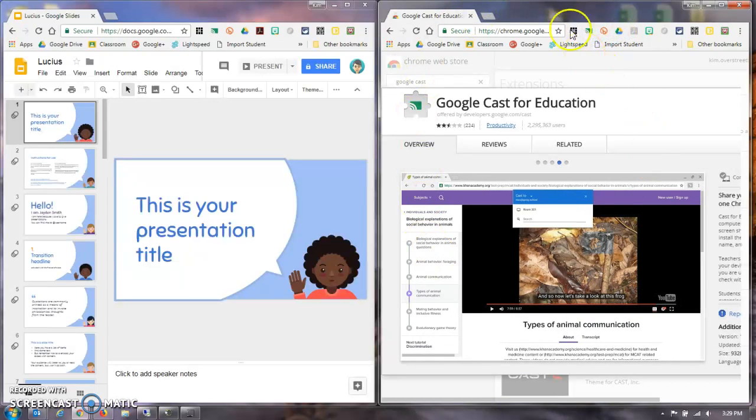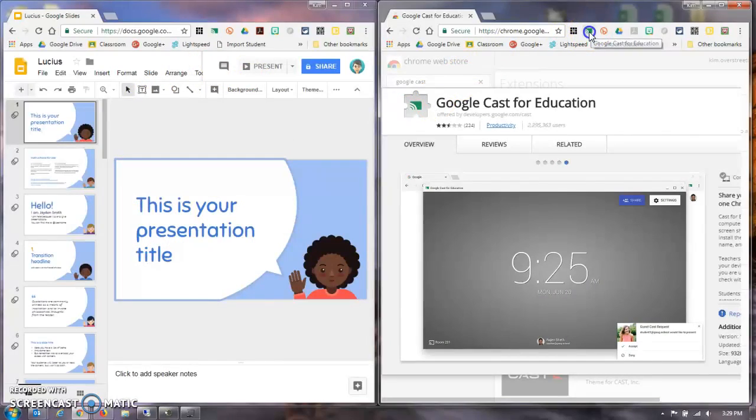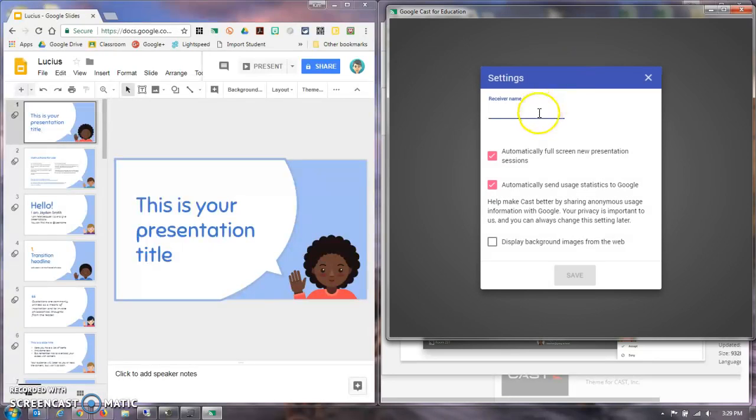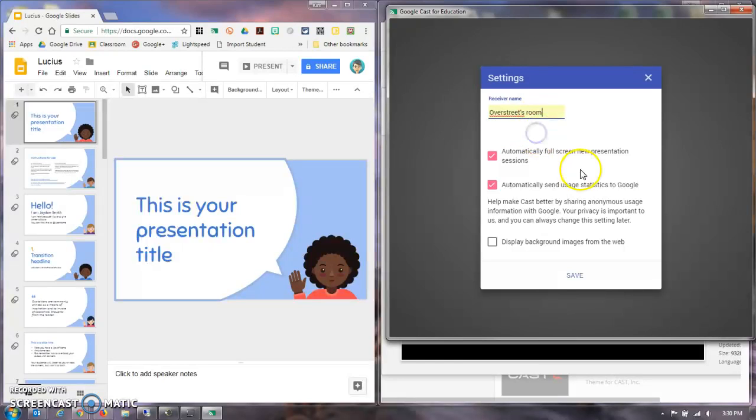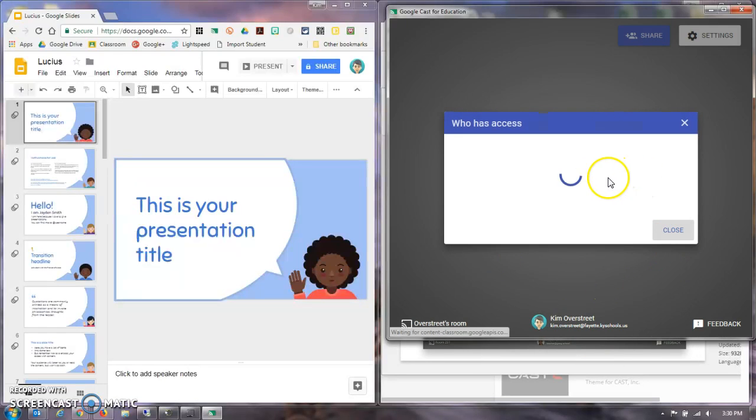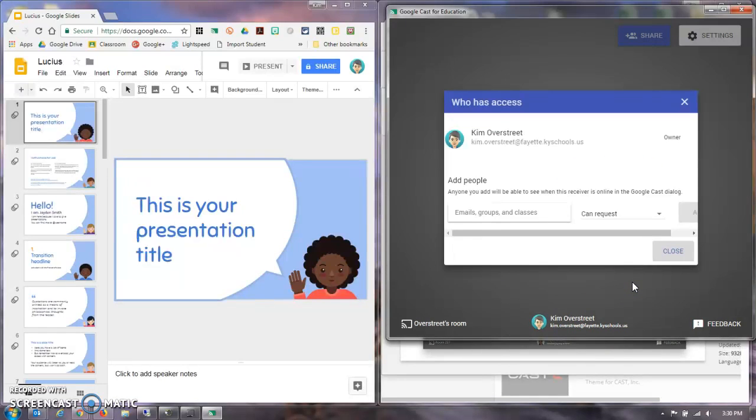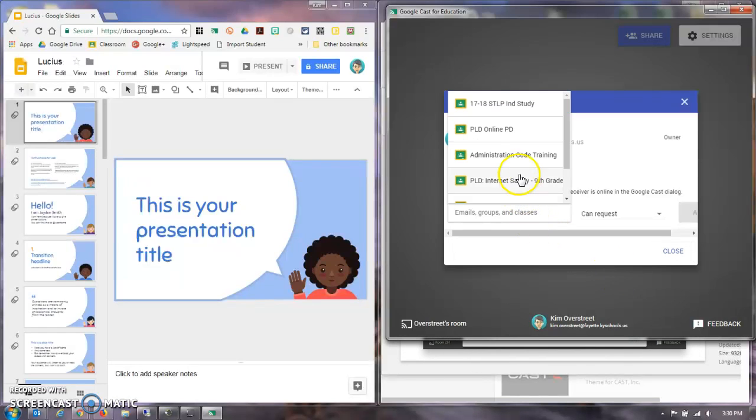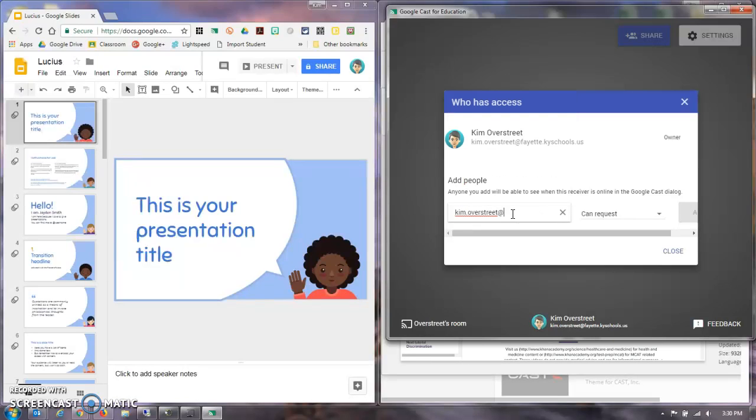This is the teacher machine for today, and over here we have the student machine. So once the extension's installed, the teacher just clicks this button and names the receiver. So mine is going to be Overstreet's room. And you save. Whatever shows up here is what shows up on the teacher's machine. And you can enter classes that you've got in Google Cast, or you can just enter a person's email address,